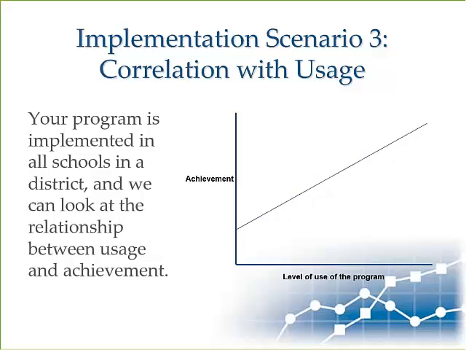Now, underlying the analysis of outcomes for all three implementation scenarios are methods that use statistical controls that are intended to increase the accuracy of the results concerning program efficacy. That is, the method attempts to control for the effects of factors other than the program that may be confounded with the use of the program and that can influence the results. By doing so, we can better isolate the effect of just the program. We want it separated away from all the other things that may have an influence.